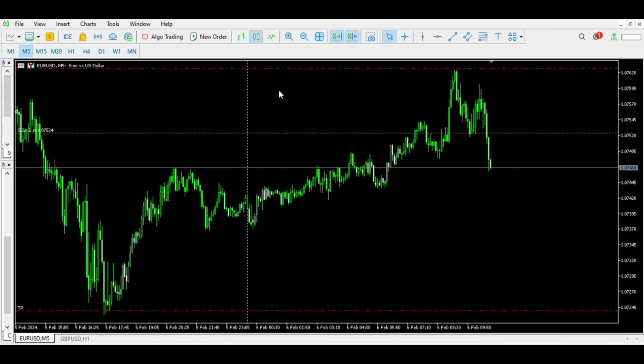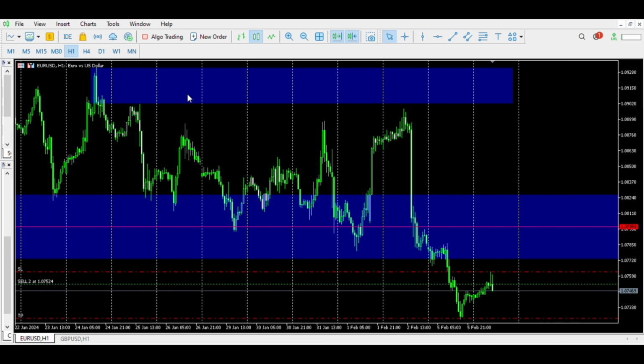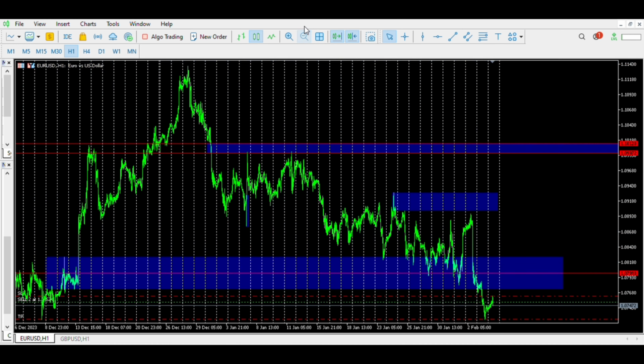So let's just zoom out. Let's start from the top. As you can see, price is now trending down. It got into our demand here. It did not hold. I am no longer looking for buys. I am bearish at this moment. Why? Because of what you may be able to just see underneath here. Okay, so we have a low here and across here, a low here. So this is the demand that failed, by the way, and we now created equal lows. I mean, it's clearly equal lows.